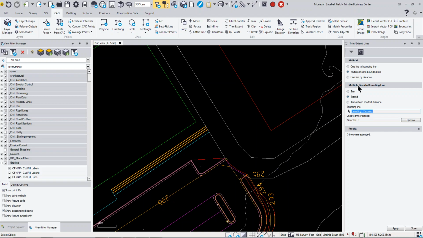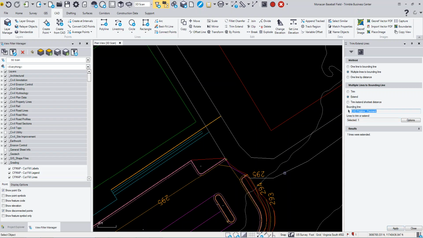Now you can also extend, so let me extend this one here. You still can do one at a time if you're in this mode. So you have to click one extra time to extend it out. So if I just undo these, let me do this one again. I want to pick this as the bounding line, and then I will extend this line here,